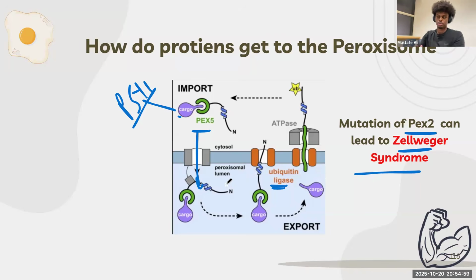So, okay. What happens first is that there is a protein, right? The protein in this case is cargo. Now, cargo has a signal called PST1. This protein with this signal, PST1, will attract a protein called PEX5. PEX5 will bind onto it and take it into the peroxisome. It will act like a taxi. Once it takes it into the peroxisome, there is another enzyme called ubiquitin ligase, which forces the PEX5 to leave the peroxisome one more time. And then the protein can stay inside of the peroxisome, and that is all that's happened.